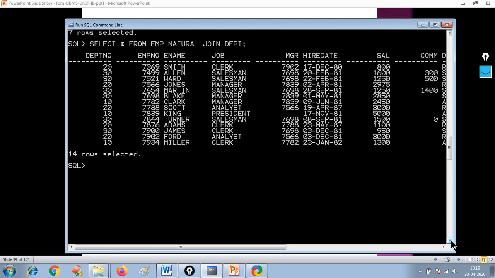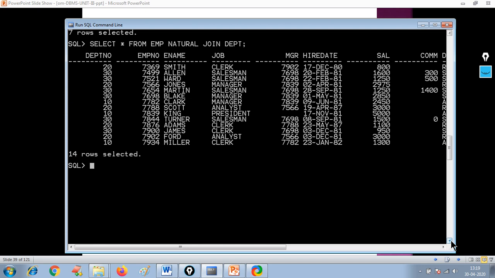Similarly, there are three types of outer joins. Outer joins mean: if you want to display the left side table data completely and only some of the rows which satisfy a particular condition from the right side table, in that case you can use the left outer join. If you want to display the full data from the right hand side table, but only some rows satisfy a condition from the left side table, in that case you need to use the right outer join. If you need complete data from both the tables, you can use full outer join.